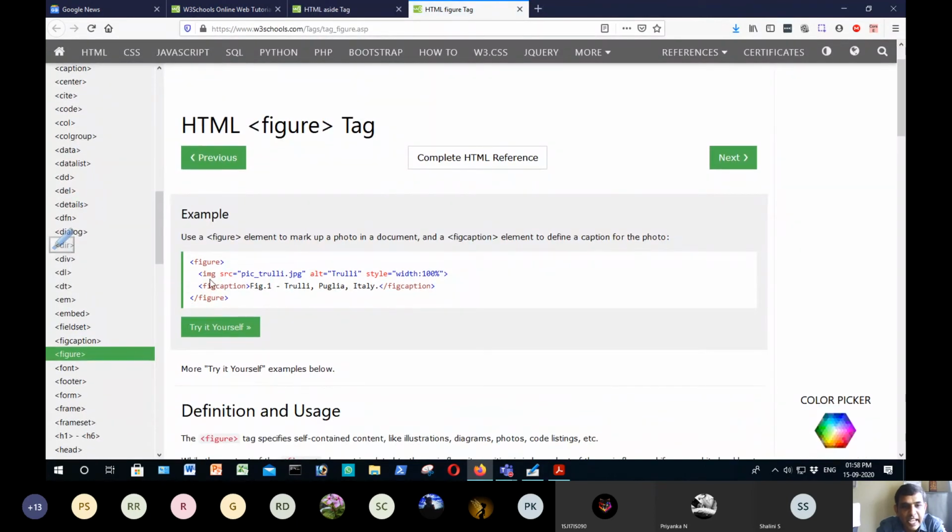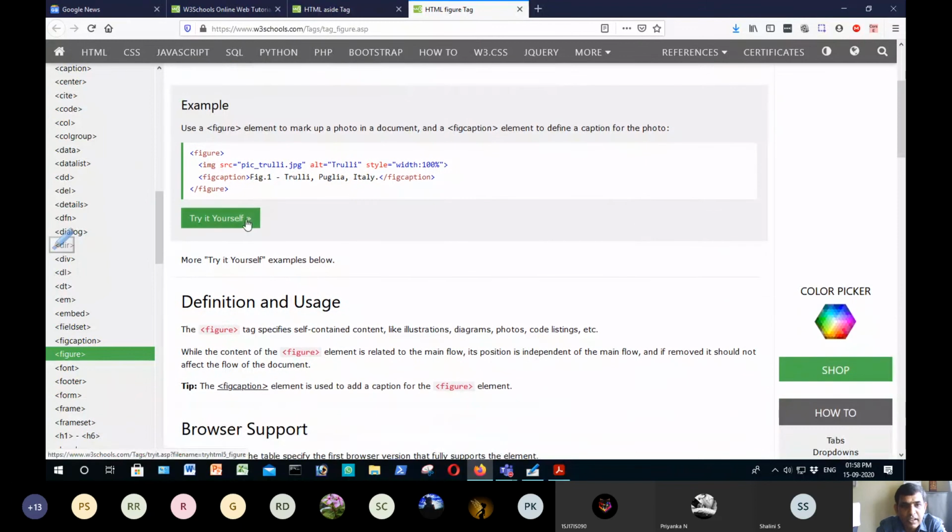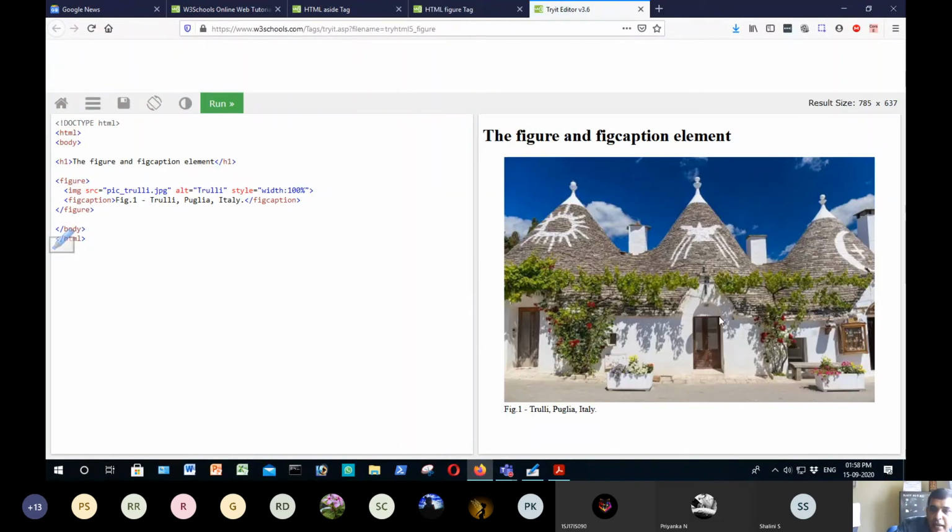See here, the figure tag, an image is there, and figcaption is used to define a caption for the figure. Note what it indicates: the image and image caption can move to any other location of the document. The meaning doesn't change. Try it yourself. This is figure and figure caption. If I move it to some other part, the meaning doesn't change.